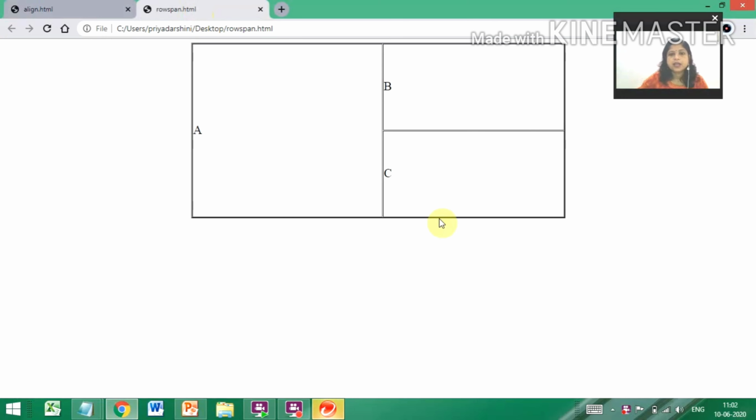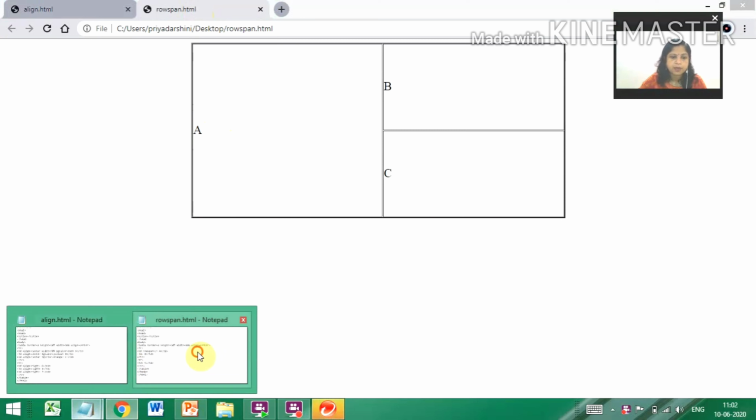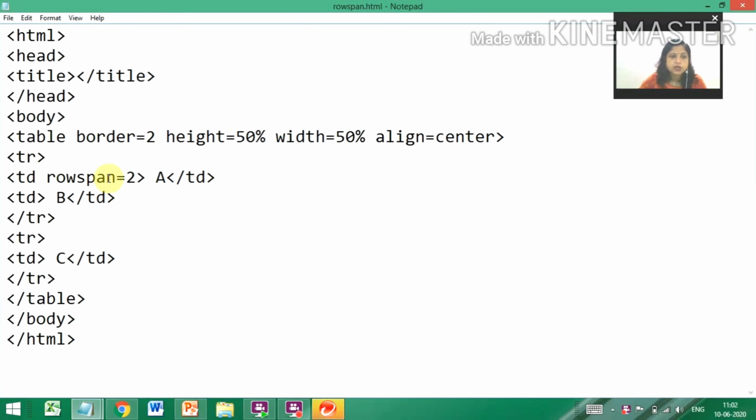See, here you see the data. For this first cell I have written row span is equal to 2, because this data covers 2 rows, you see it is covering 2 rows. So we have written TD row span is equal to 2, then we have written the data, then closed the TD tag.